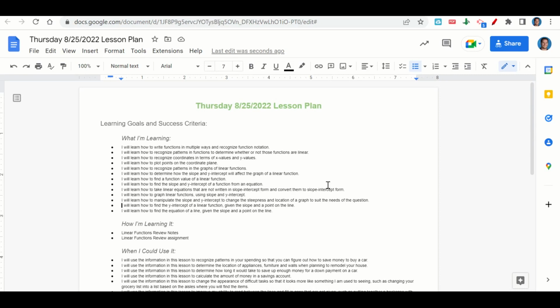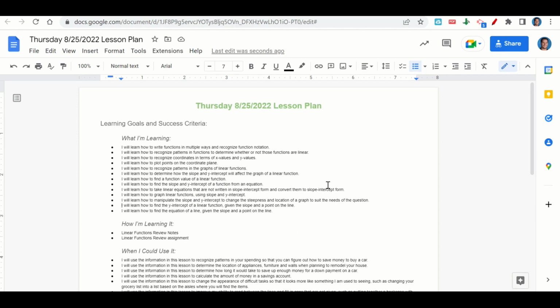We're learning how to write functions in multiple ways and recognize function notation, how to recognize patterns in the functions to determine whether or not those functions are linear, how to recognize coordinates in terms of x values and y values, how to plot points on the coordinate plane, how to recognize patterns in the graphs of linear functions, how to determine how the slope and y-intercept will affect the graph of a linear function, how to find a function value of a linear function, how to find the slope and y-intercept of a function from an equation,